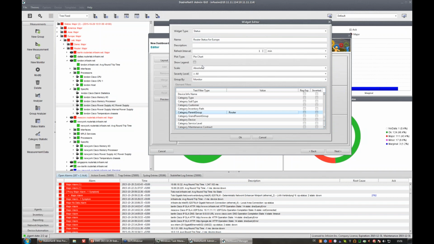And I can also here add, I want to show the legend. I can add a refresh interval here. I can set the scale to absolute or relative. I can add also a severity filter if I want to use this, and I can also use a group